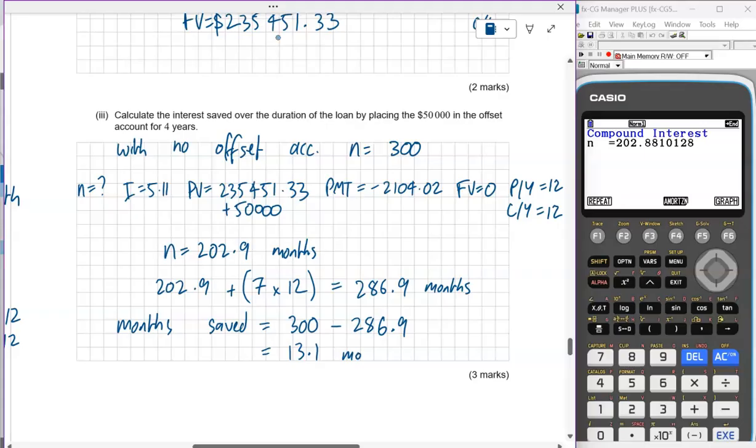13.1 months saved. And the question actually asks the total interest saved. So we actually need to convert this to a dollar amount. So every month she's paying $2,104.02. If she doesn't have to pay that for 13.1 months because she's saved that, then the amount of interest she saved is